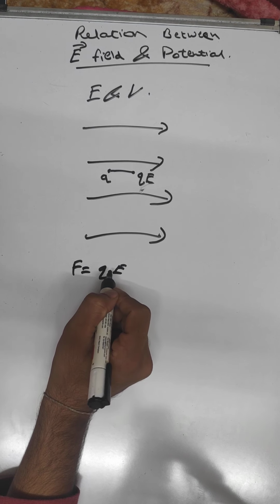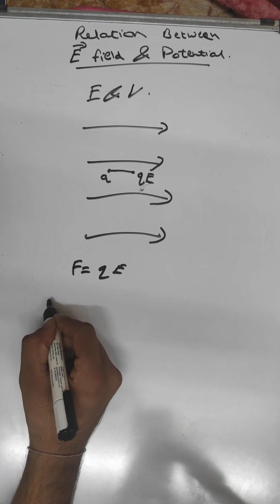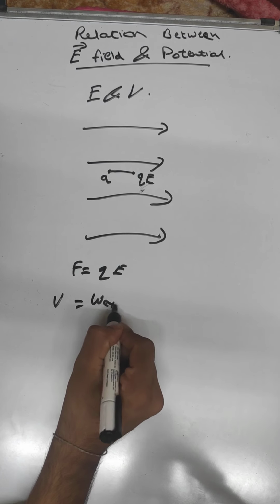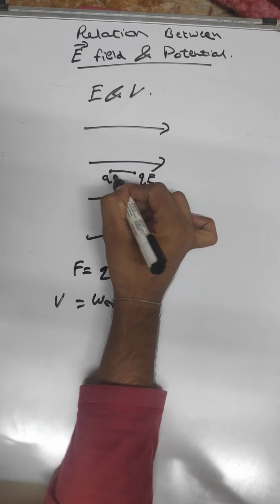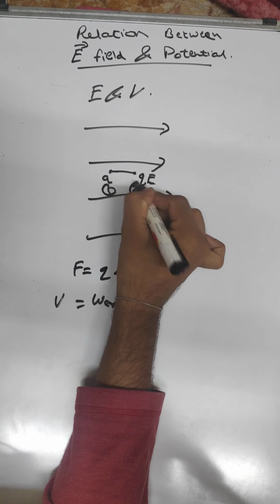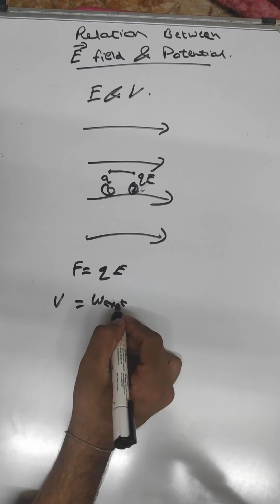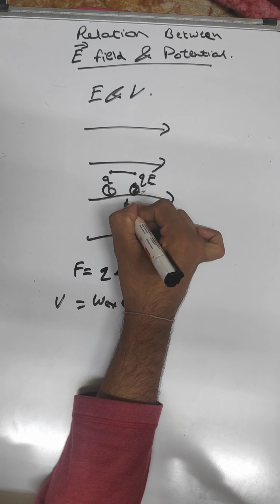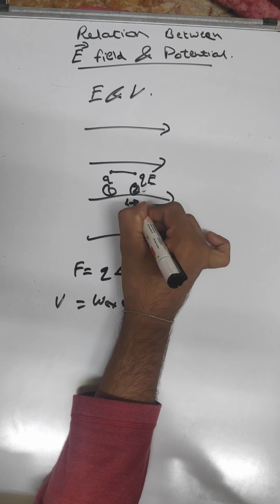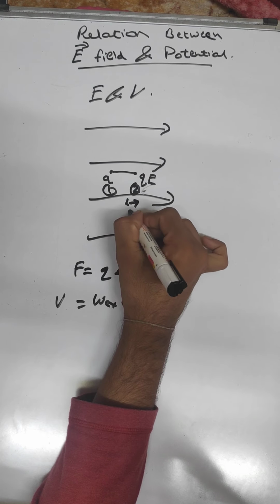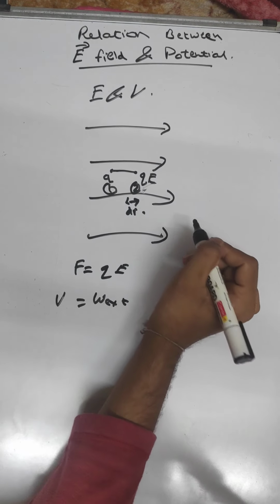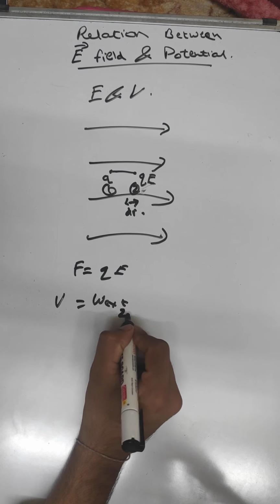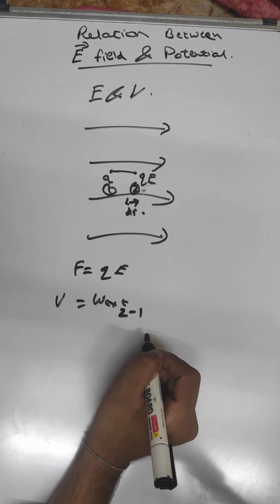Now what is electric potential? Electric potential is work done against the field. V is equal to work done by external agent in bringing the charge, let us say this is point 1, this is point 2. Okay, work done by external agent, with very slow movement so that there is no change in kinetic energy, and the distance between them is, let us say, dr, or you can say dx or anything. Work done by external agent in bringing the charge from point 2 to point 1.